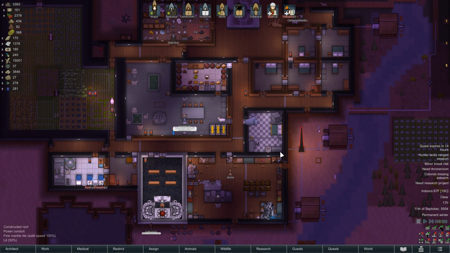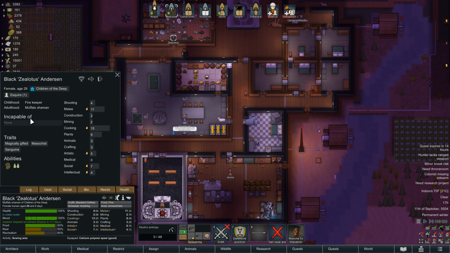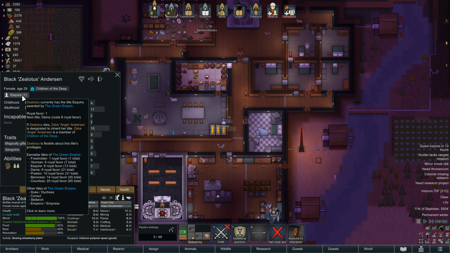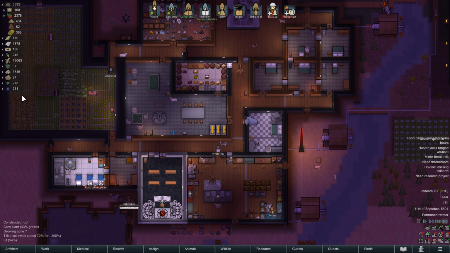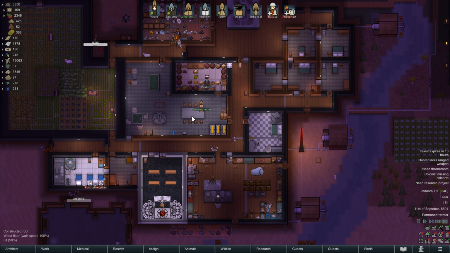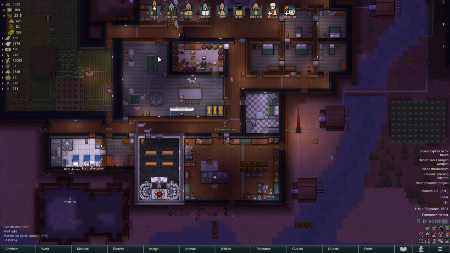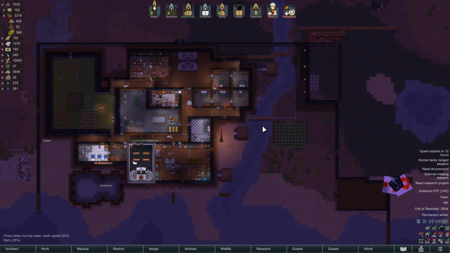Then, I think we need to start looking toward getting a throne room. Zealous did gain a new title as of the last video. She is now an esquire, which means she desires a throne room from which to reign over all of her subjects. Also, Cameron just decided to go nuts, and now he's a pig. Okay, have fun with that. Yeah, anyway. So that would be fun to do, but we're kind of running a little out of space